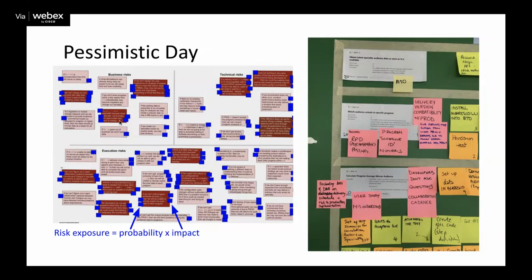So we do that. And as you can see in this particular case, a subset of these risks were identified as the highest exposure. So then you can see that there's a backlog here. And what we do is we map those risks to the stories that we think, if we can deliver those stories, we will reduce the risk. And you can see that there are a couple of stories that have multiple risks associated with them.